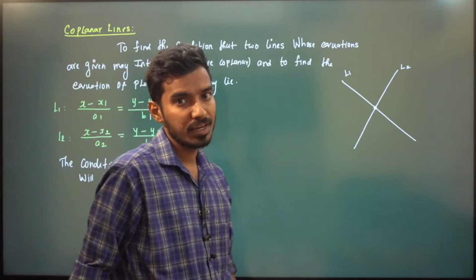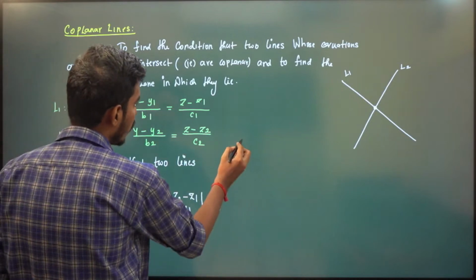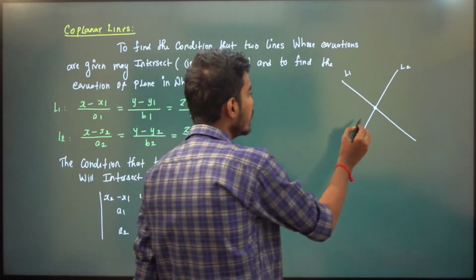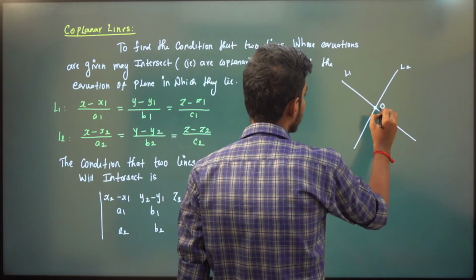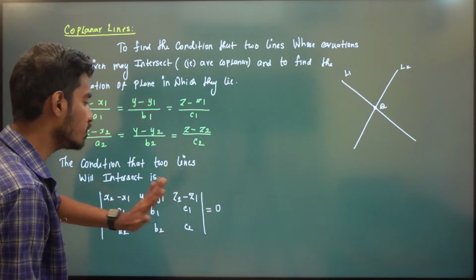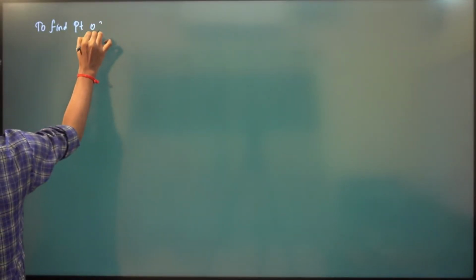How to find the point of intersection? So to find the point of intersection, very easy, right? We have said that they intersect. Let's say this is Q, right? Q is the intersection point. These two lines will intersect if this happens. Now to find the point of intersection,